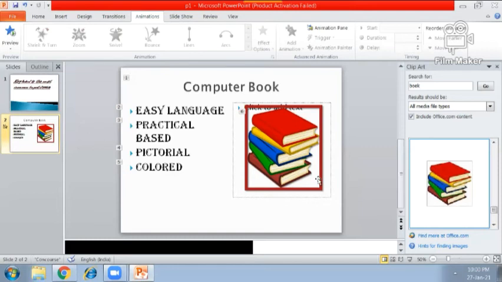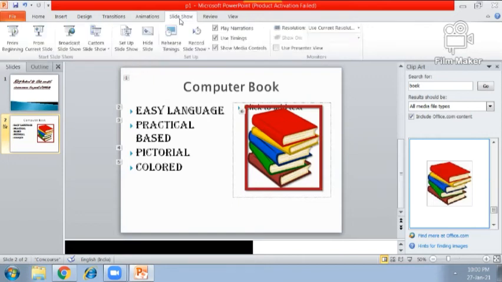Now this is the turn to show the whole slide on the full screen. It means this is the turn for the slideshow on the full screen. So we have to move on to Slide Show, and from Beginning, if you click on From Current, then the slideshow will come only of this slide. From Beginning, the slideshow will come from the first slide.